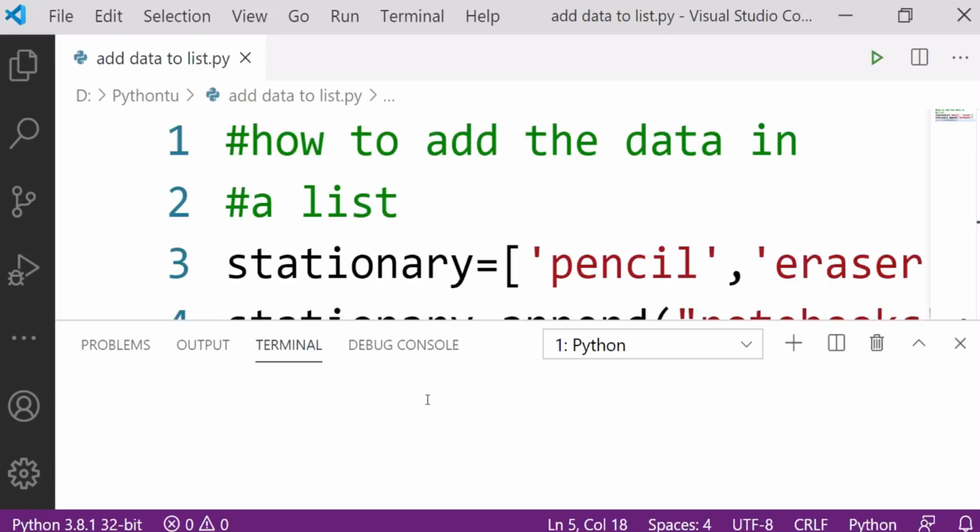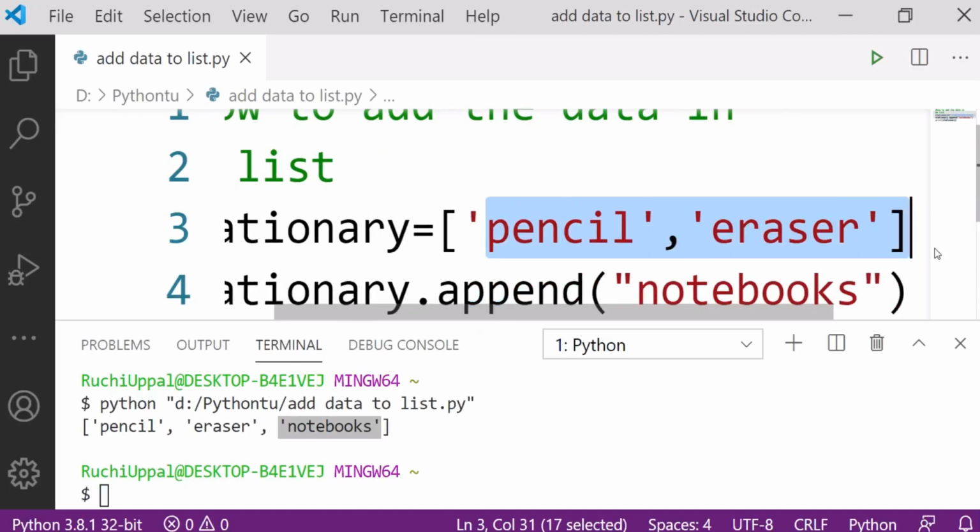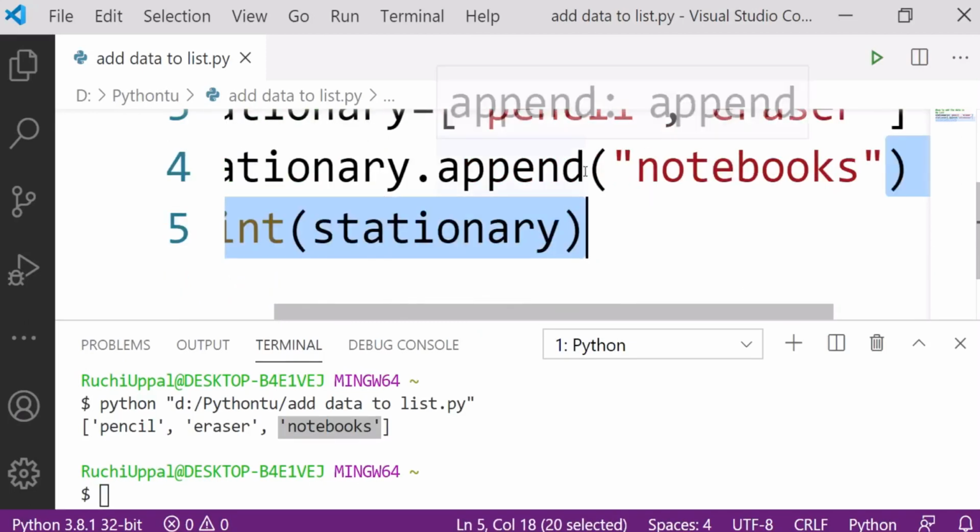You can see here I'm getting the output: pencil, eraser and notebooks has been added to my list. I was having only pencil and eraser in my list. Fine, so I have added notebooks with the help of the append function.